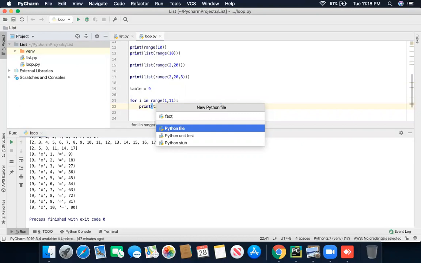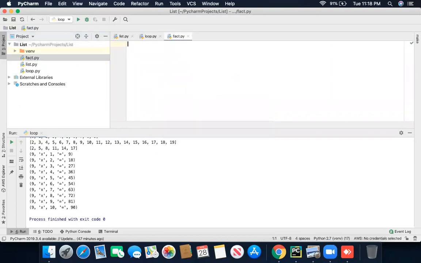What do I name it? Fact, F-A-C-T, fact. Now we have another clean tab.